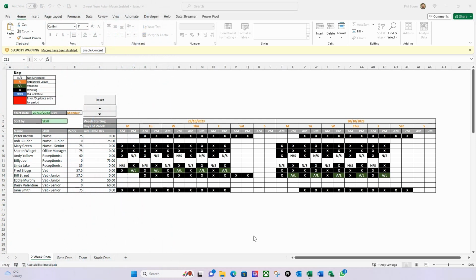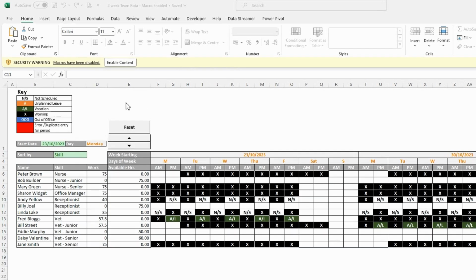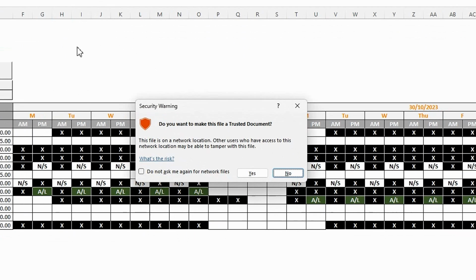Now, another point I want to make as well is, once you've created the file and you've put your macros in, because it is a macro enabled file, when your users open this up, or indeed when you open it up again for the next time, for that first time, it's going to give them a warning where it's going to say security warning and macros have been disabled. So what you want to do here is click enable content on this warning. When you open it up, enable content, you'll then get this warning, security warning. Just click yes on this,